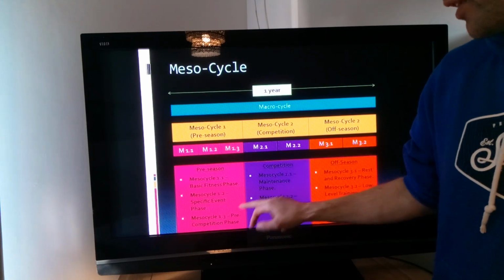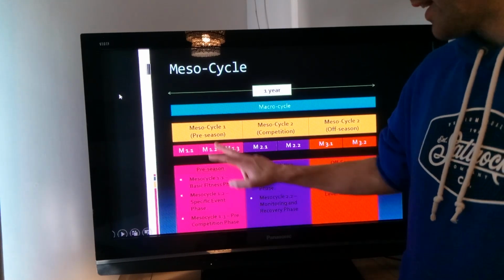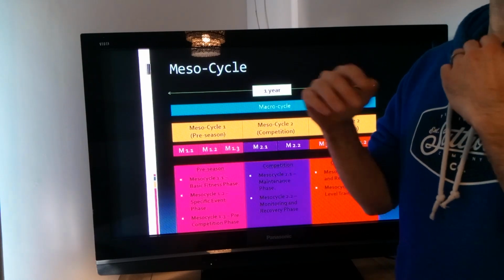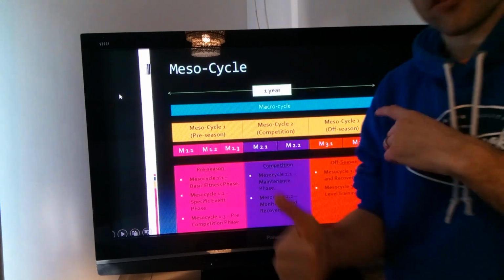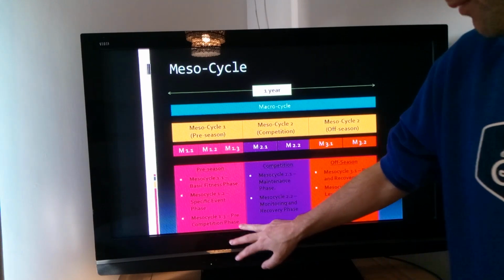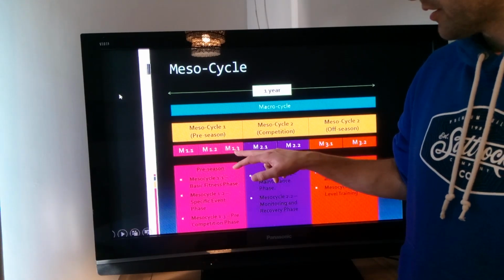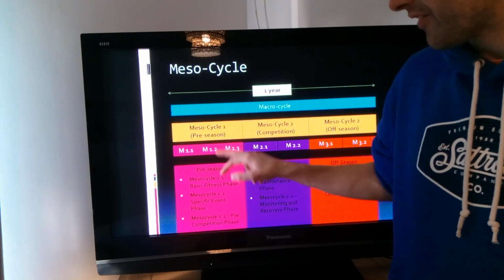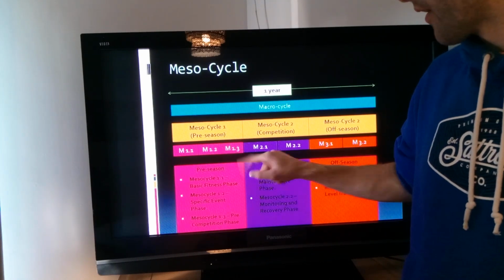1.2, we're going into specific event. Okay, so we're starting to look at tactics, positional play, like what key components of fitness do you use in your position? So cardiovascular endurance, or is it agility? Is it speed? Is it strength? Then we've got pre-competition phase. So this is now tactics, set plays. Okay, so we've gone build our basic fitness, improve specific fitness. Now let's get ready for the event.